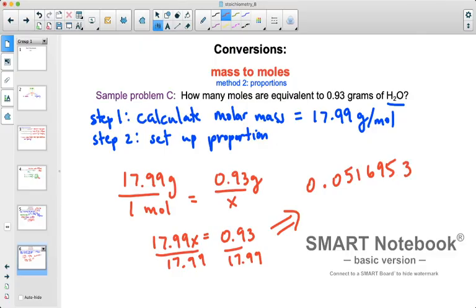Now, I still have to consider sig figs. In my problem, I'm given 2 sig figs, so my answer must also be in 2 sig figs. So I'm going to get my answer sig figs. This first 2 zeros don't count. This one and this one does. The 6 ends up being my helper number. So my answer ends up being